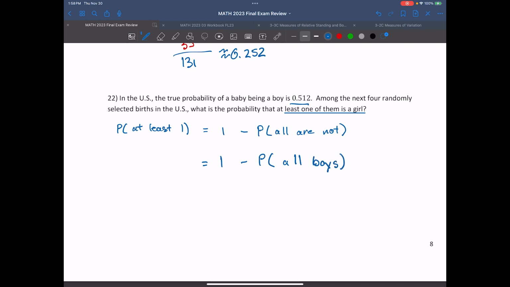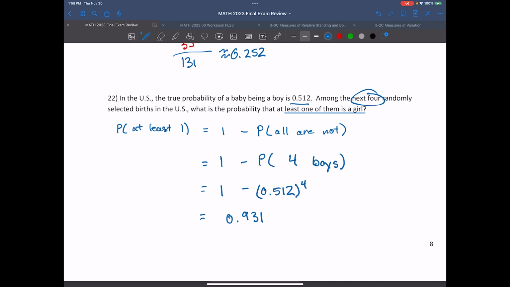And more specifically here, I'm going to replace this for all with 4 because that's what we were given here, the next 4 births. So this is 1 minus, well, remember, sequential events are multiplied. And again, the birth of one child does not affect the birth of the next. So it's just going to basically be 0.512 times 0.512 times 0.512 times 0.512. So simplifying that, that's just raised to the 4th power. Plug this all into a calculator, you end up with